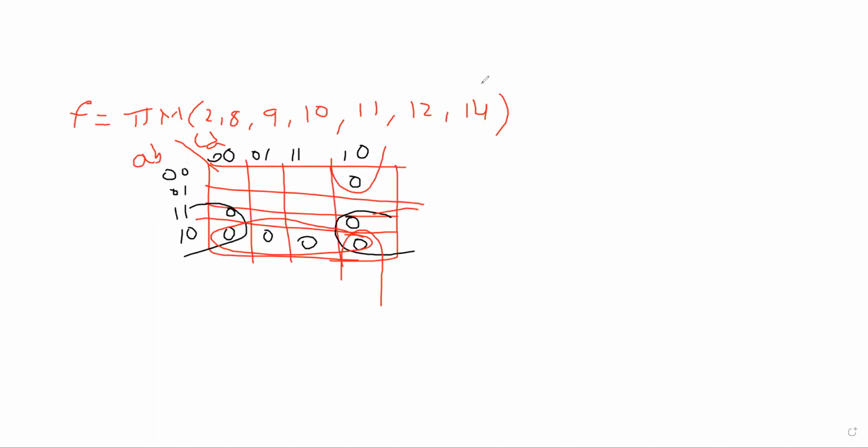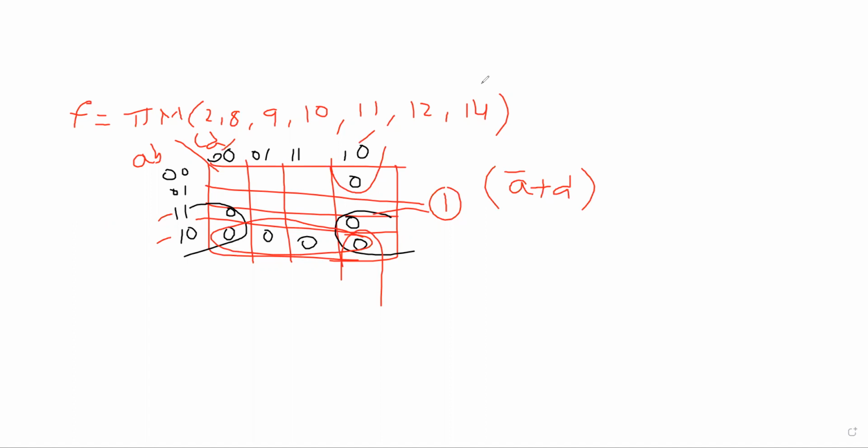Now let us consider this is group number 1. If you observe, since we are having two rows, what is the common one? A complement is the common one. Don't forget here, 1 can be represented as complement, 0 can be represented as normal. Plus, how many columns are there? Two columns. Which one is common? D is common here. This 0 and this 0 is common here.